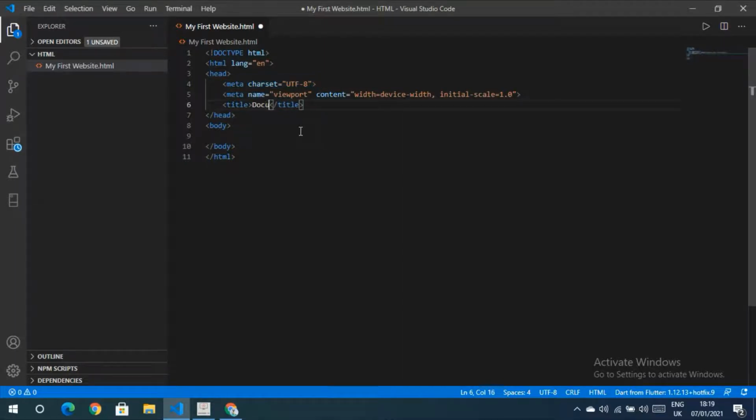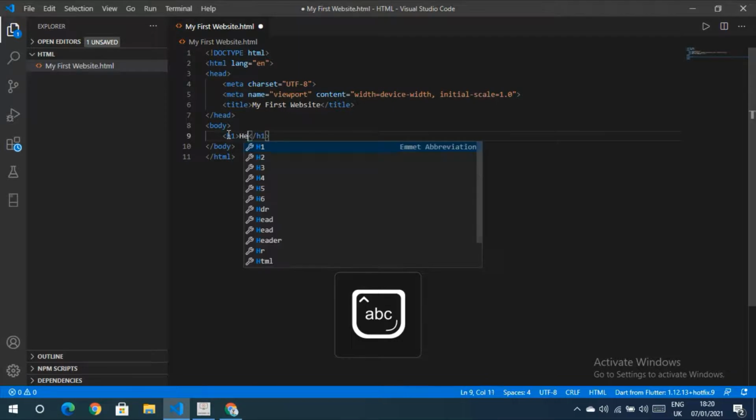So first of all, let's change the title of the file. Let's call this my first website. So now we've done that, let's start with our very first tag. The very first tag we're going to learn is H1. The H1 tag is the biggest tag in HTML. So let's write hello world,